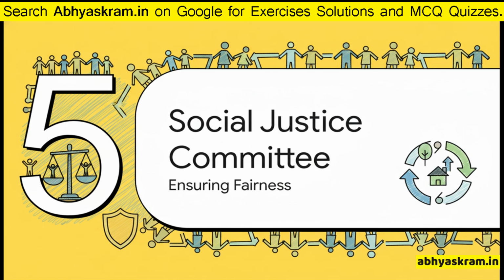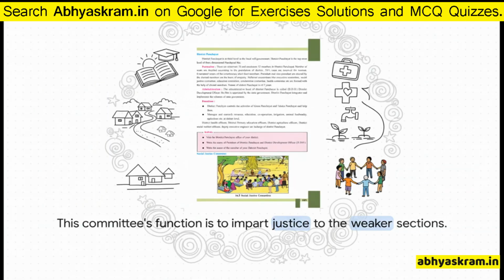Finally, let's talk about a critical component that makes sure there's fairness built into this entire structure, the Social Justice Committee. The name says it all. It's there to protect the interests of the weaker, more vulnerable sections of society. This committee's main job is to create and put into action schemes that provide vital support. Things like better access to education, healthcare, and other social services to marginalized communities, making sure that nobody gets left